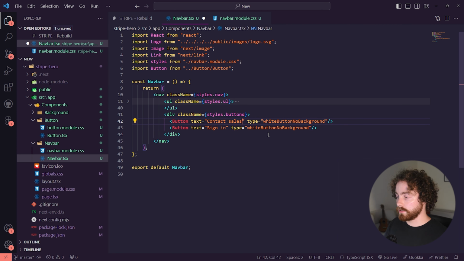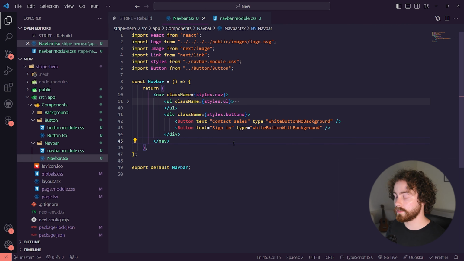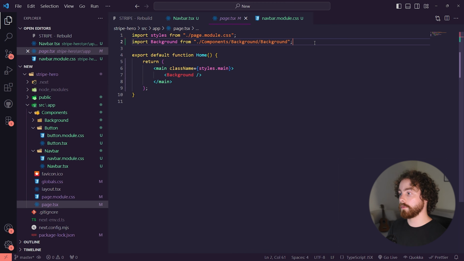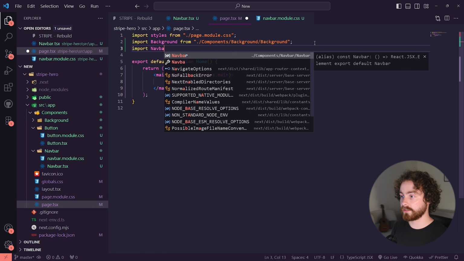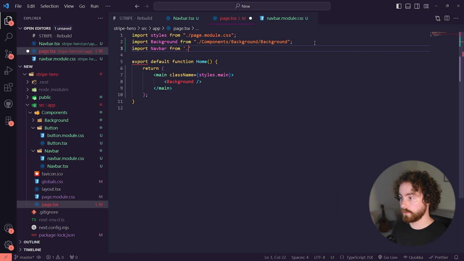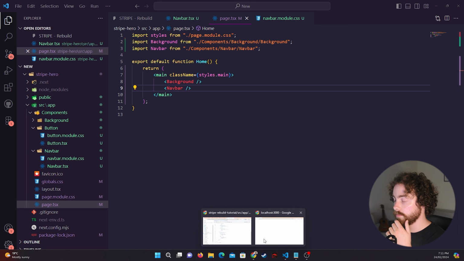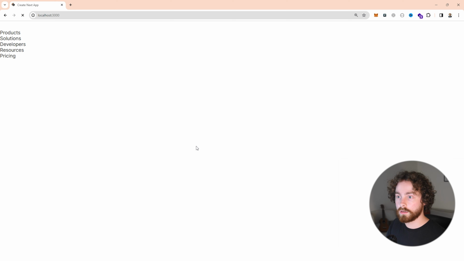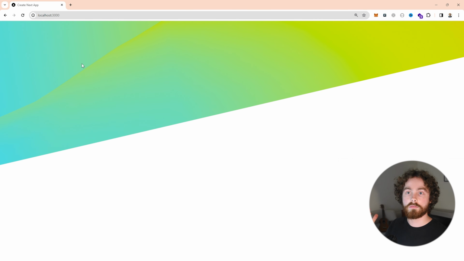And I'm just going to delete this and white button with background. Save that. So now we've defined our unordered list as well as our button style here. And what we can do now is if we go into our page.tsx file here, I'm going to quickly import Navbar just to make sure we can actually see it. So I'm just going to quickly import component /navbar/navbar, and I'm going to bring it underneath here like so. Save that. And hopefully if we open up our design, refresh the page, as we can see, the background image